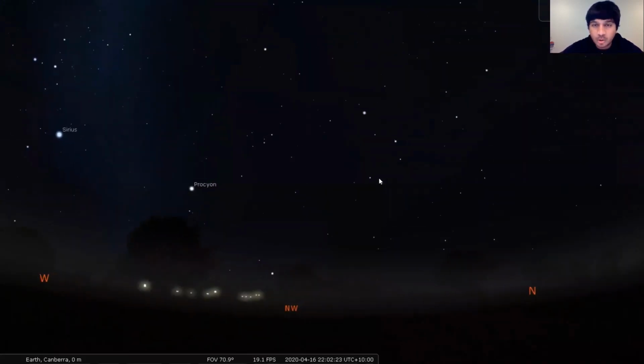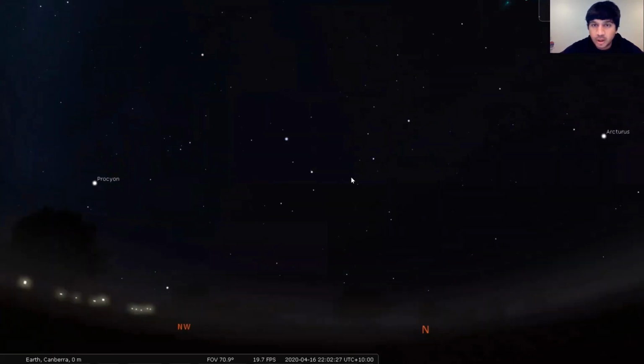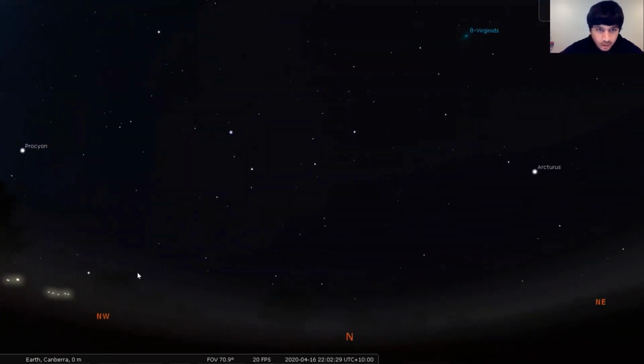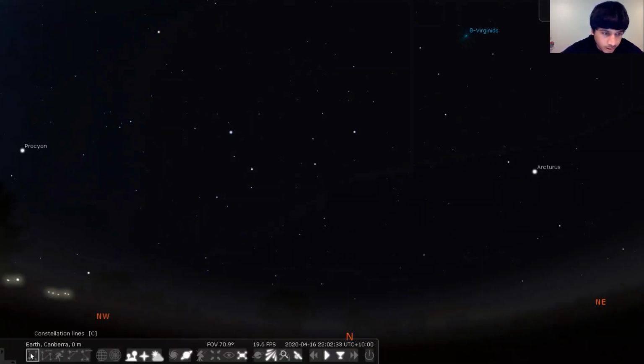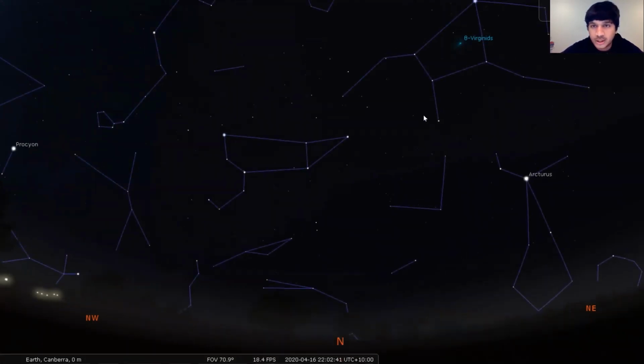So once we have got to know about the stars, we would like to connect them. To connect them, we will use this special button over here, which says constellation lines. So we'll click on this and we have all the constellations.